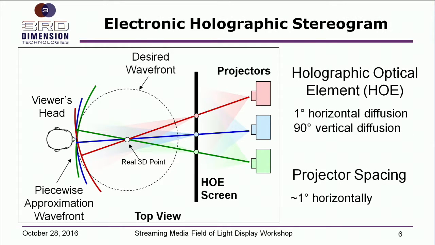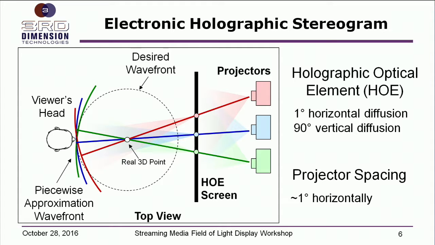This is a schematic of how an electronic holographic stereogram works. Each projector produces a full 2D image. That 2D image fills the screen, and the light is pointed in the direction of the actual 3D point. The projectors are spaced 1 degree apart, and the images are rendered to be 1 degree apart. The light from the projectors hits our holographic optical element screen, which diffuses the light 1 degree horizontally